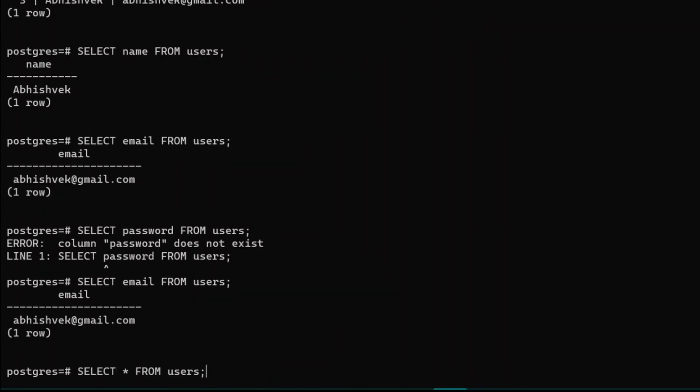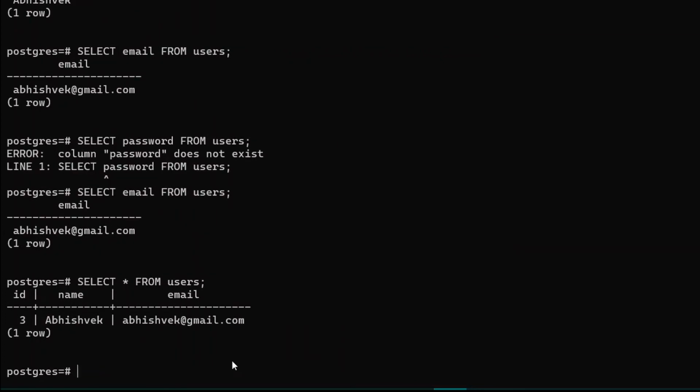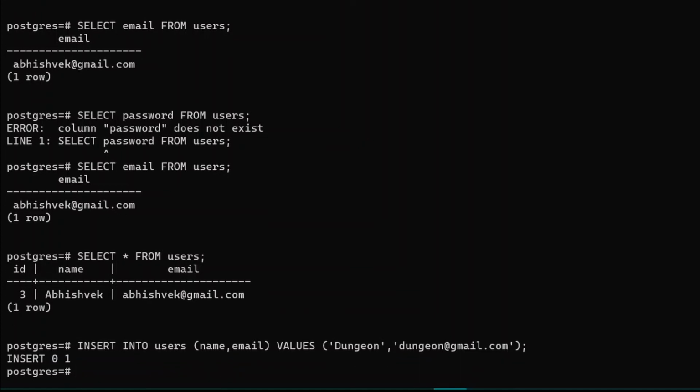So now let's open our entire users. Now you can also do one thing, perform some other queries as well. So let's add some users into it first of all. Along with inserting name, you can also insert email at one time only. So here you need to provide here an email that is insert into, that is the column name, and also you need to provide here its email address. So here let's provide here the following email address of our dungeon. Press enter. Cool. So insert count is updated.